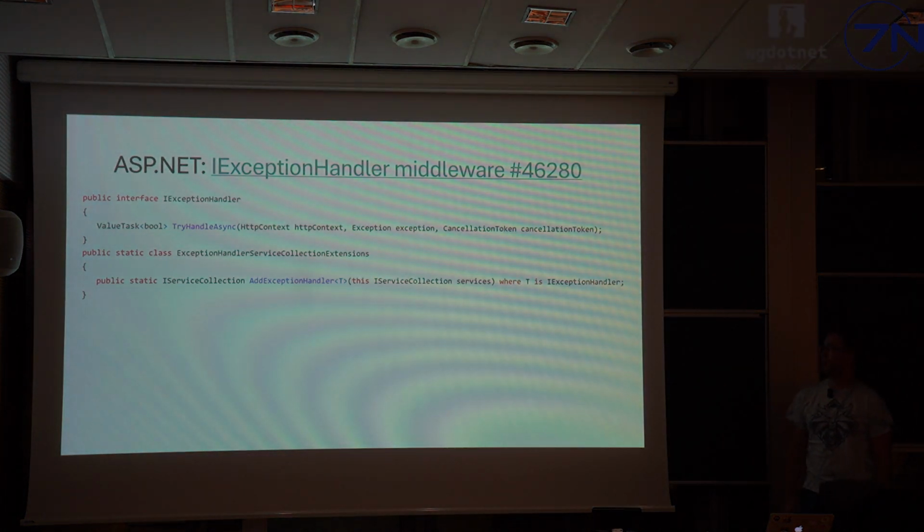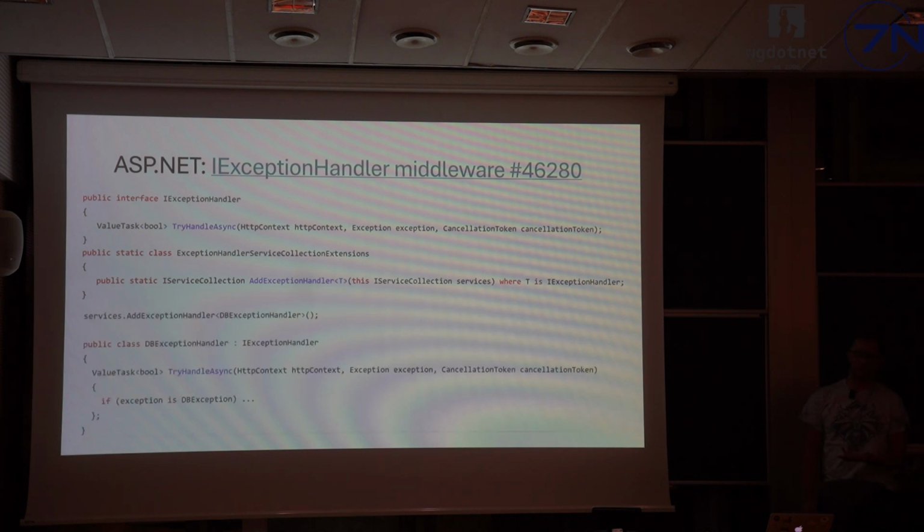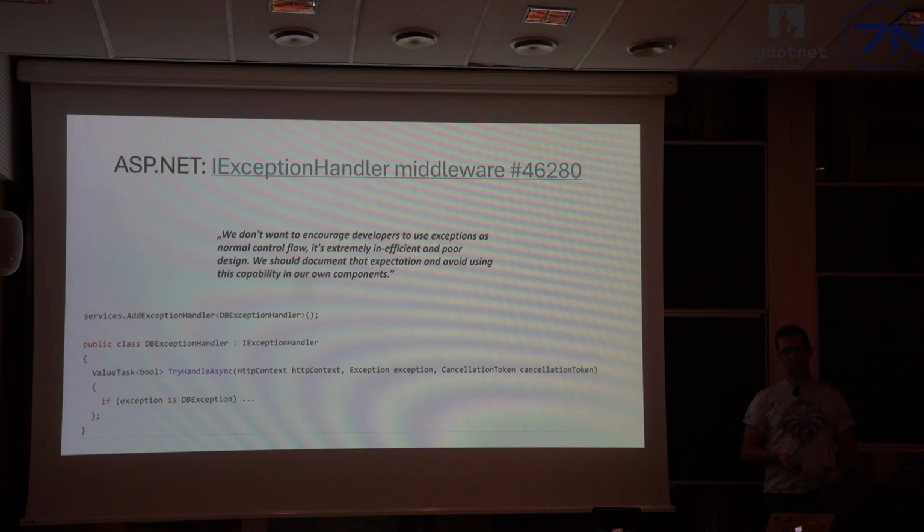Another thing added to ASP.NET, there were a few middlewares added. One is IExceptionHandler, so basically like a global exception handler. For example, if you had your app logic copied, where everywhere you were handling specific exceptions in a specific way, you can move them to a new middleware. A good example is DB exception. You can check, is it a development environment, and return all of the information. And if it's not, then just return generic error information. But we, of course, don't encourage you to use exceptions for controlling the application flow.